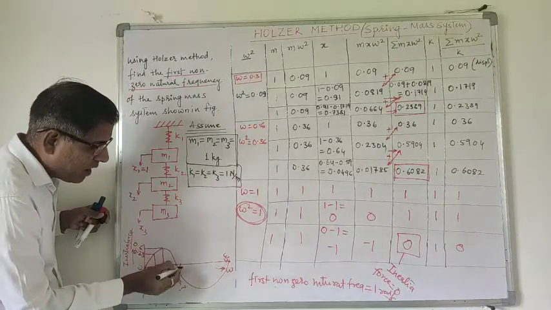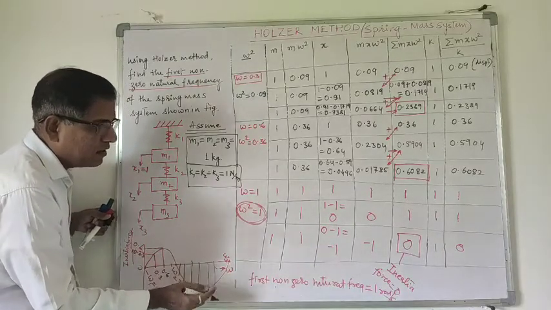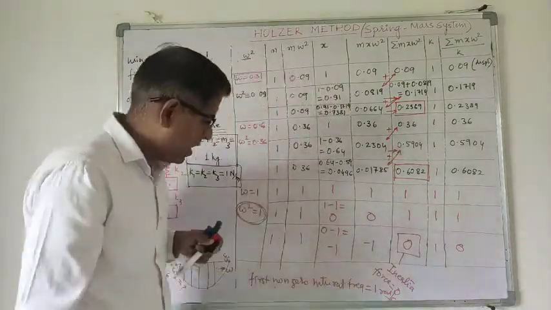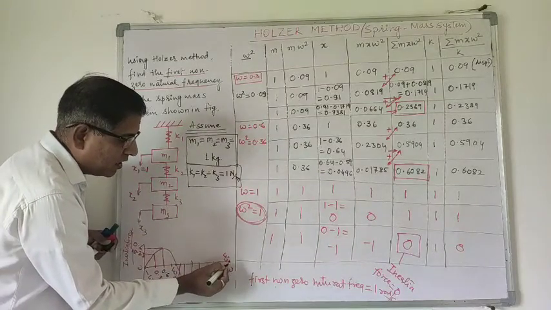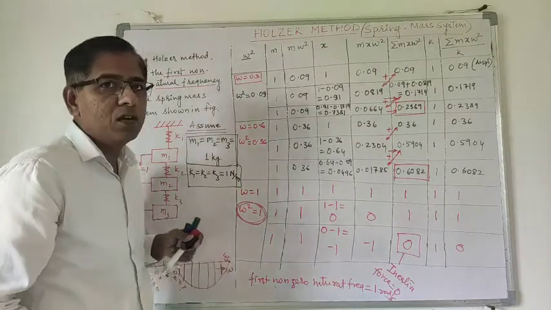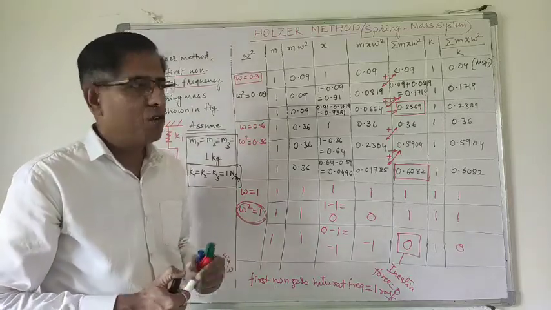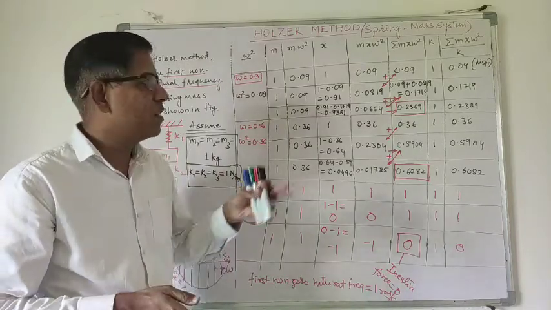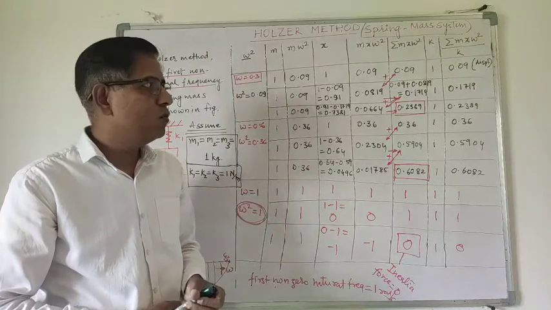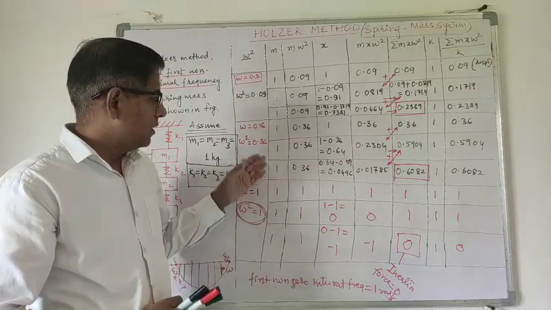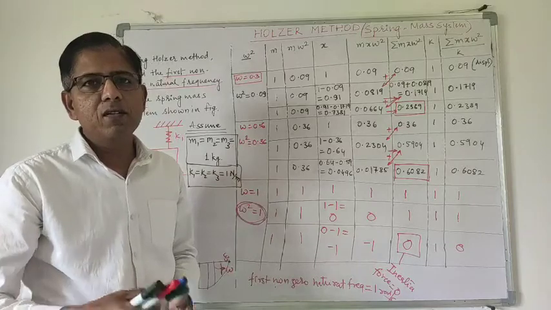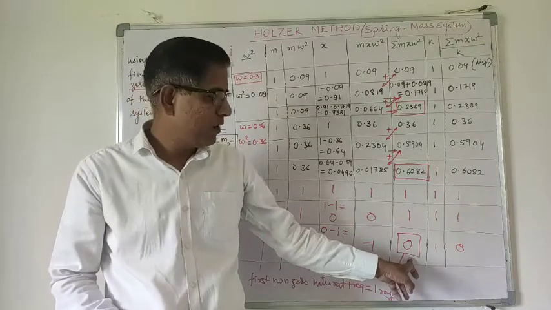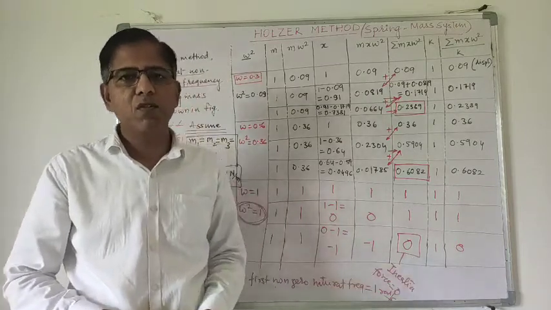you keep on increasing the value of omega. Now this time you will get the negative value of the summation, and then you will reach again up to 0, and that will be the third natural frequency of this system. So this is how the Holzer method works. This is completely an iterative method, and you keep on taking the trial values of omega, and you need to find out the summation of the inertia forces, and the moment you get the summation as 0, that will be the natural frequency of the system.